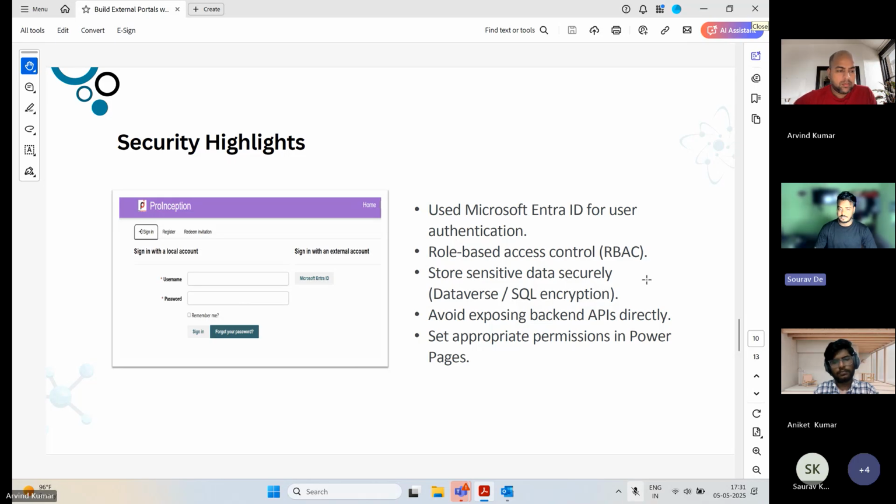So you can leverage that using the Power Pages portal, and you can use sensitive data security, Dataverse permissions, and RBAC, role-based access controls. So there are a number of security features provided by Microsoft. We have complete Microsoft documentation about the security and everything. So they are completely secure and it is completely provided by Microsoft as well. So if I go to the next slide,